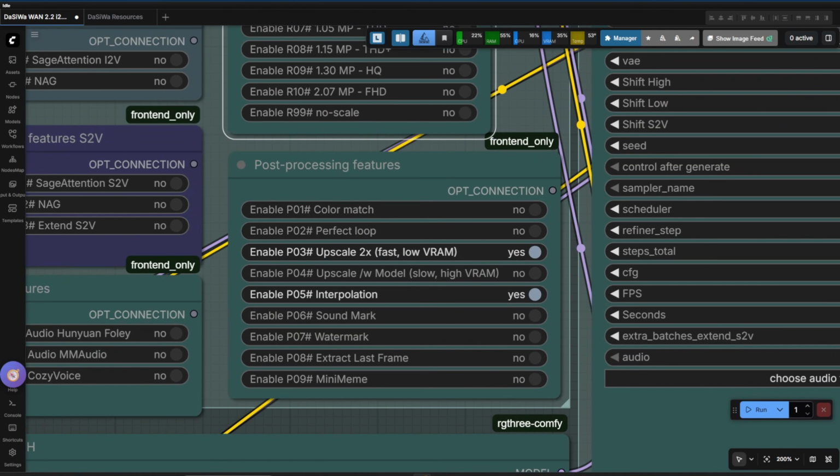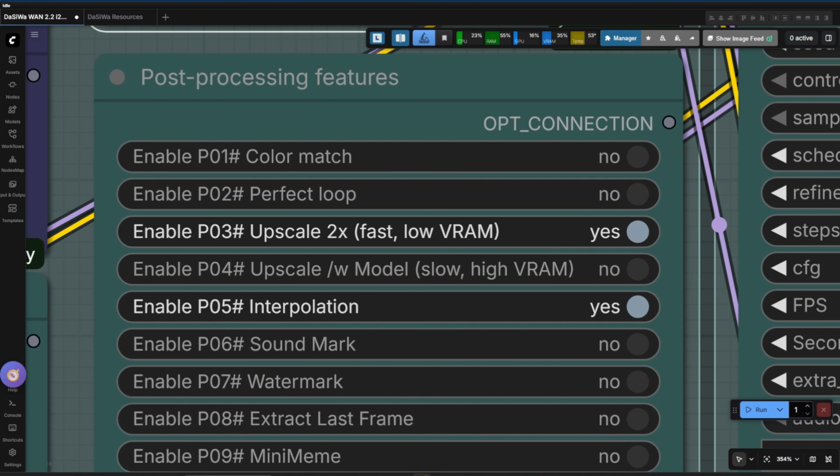Here you have the node containing post-processing features. For this video, I'm only going to cover two options. First is the upscale option. It's pretty quick and I always keep it enabled. Next is the frame interpolation option. This doubles your FPS, so I always leave this enabled as well. However,